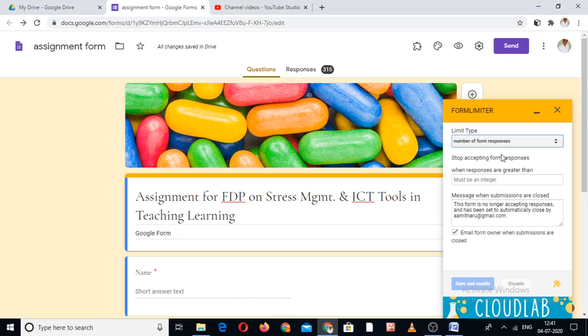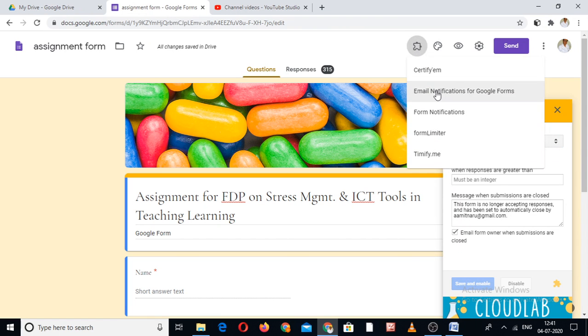What will happen when 1000 submissions are complete is that automatically my Google Form will not accept any more. So it can be possible here. Spreadsheet cell value you can change here, which is not very popular or familiar. So date and time and the number of form responses, you can work on these two.